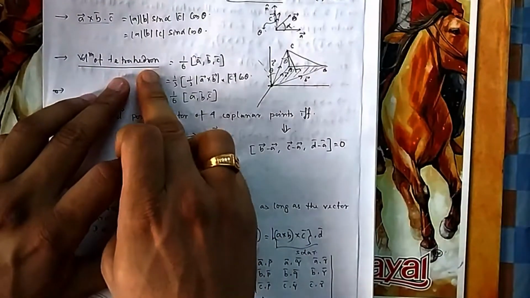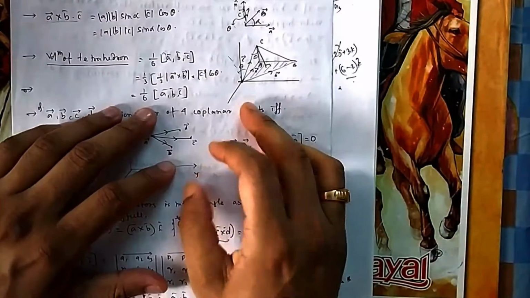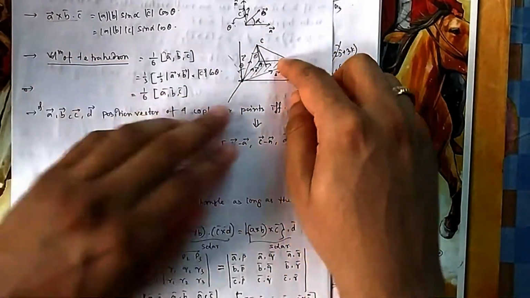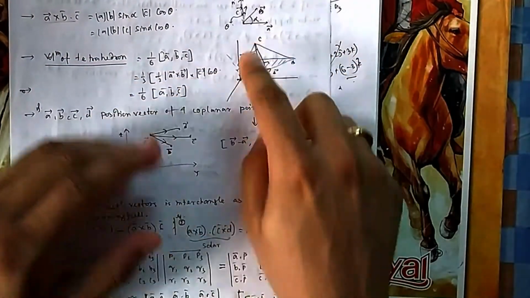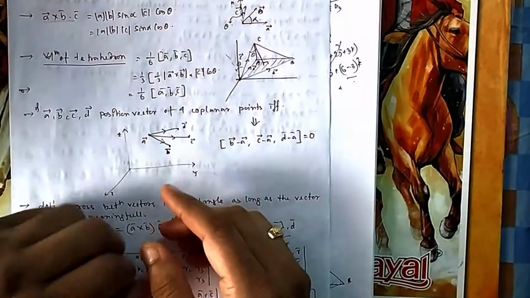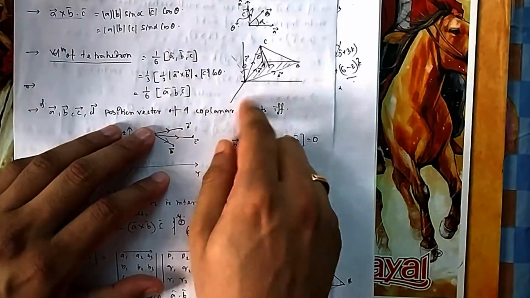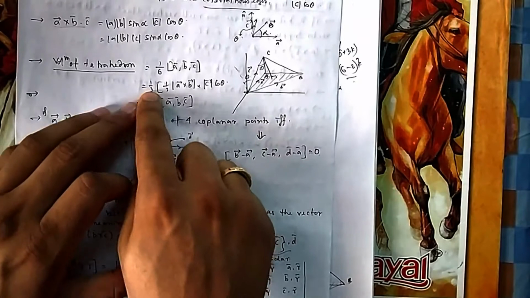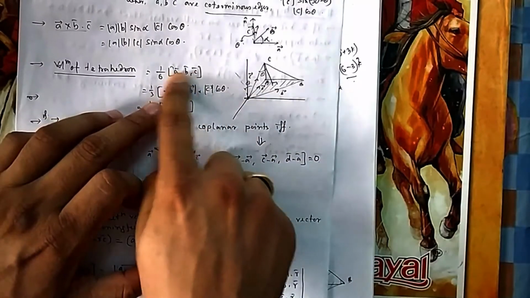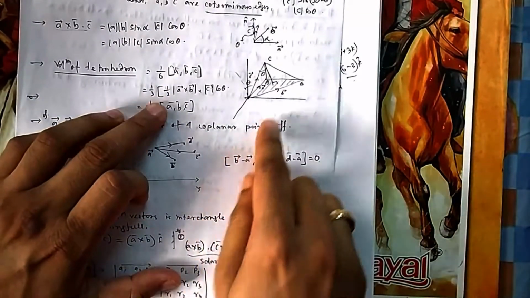And what is the volume of a tetrahedron? Tetrahedron means it will be something like a prism. The base is a triangle here, and you are rising from the same point. If you rise from the same point, you can think of a cone. Cone was 1/3 area of the base into height. So it is 1/3 area of the base into height. The formula is this one. How it is coming, I am showing.